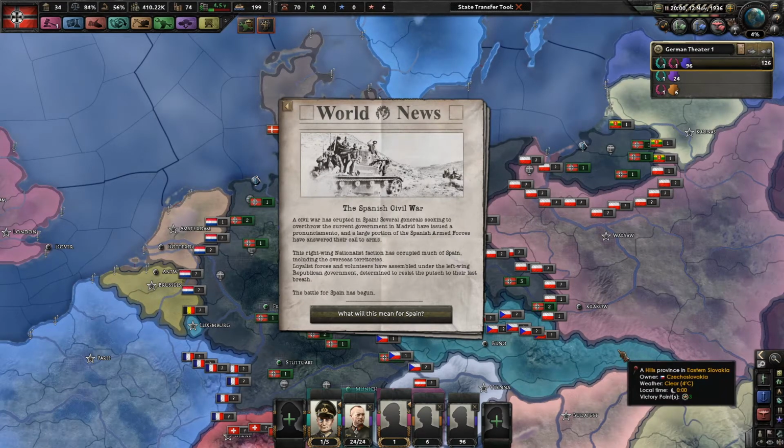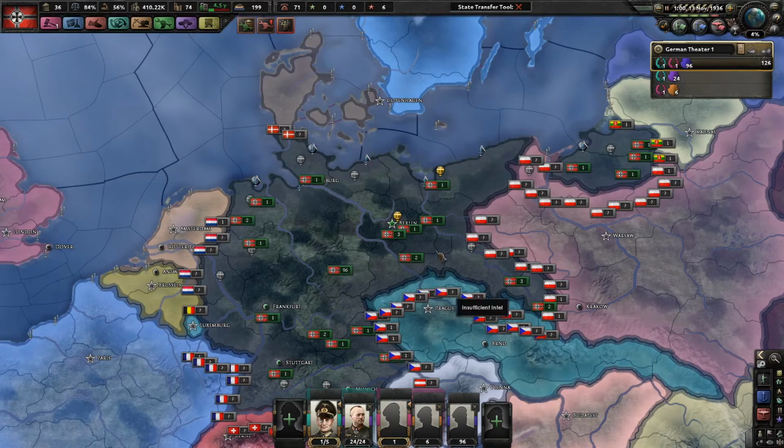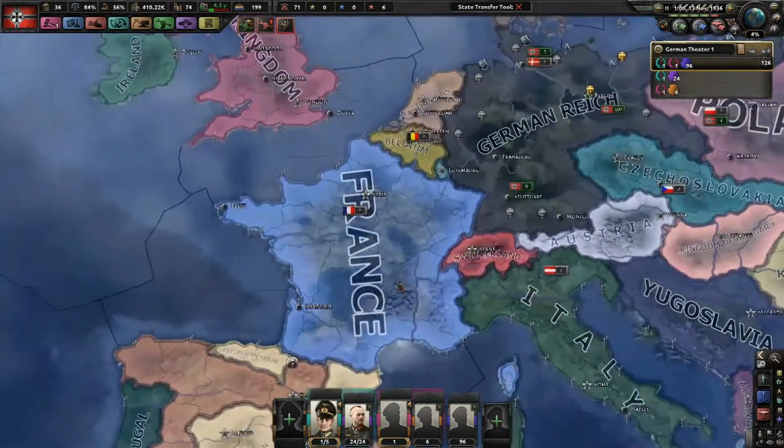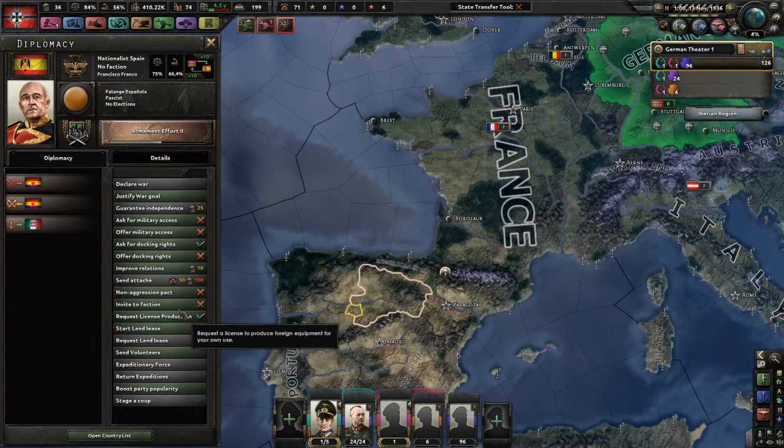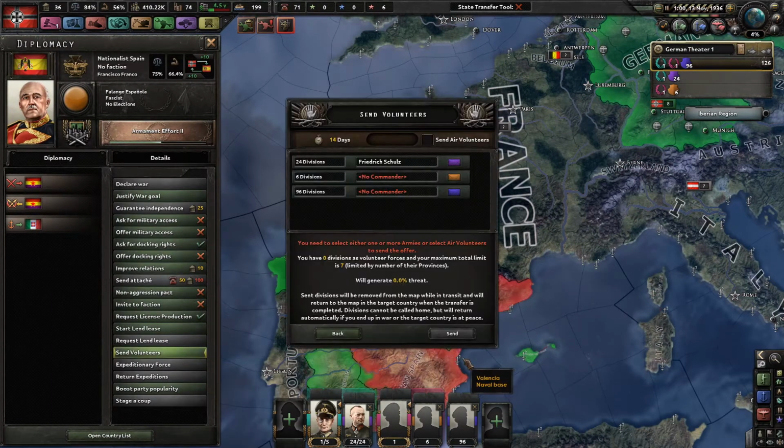Okay, so the Spanish Civil War just started. I'm going to pause. And what does this mean for us? Well, this means we can probably send some volunteers. And this is why I wanted to pump out so many divisions,